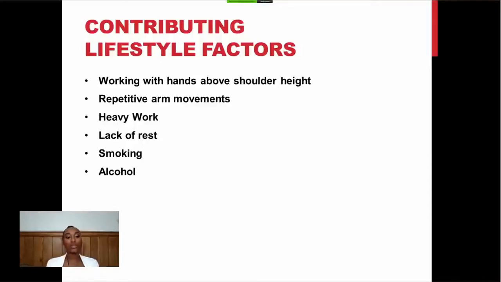Load that's being put upon it, a lack of rest. So again, just overload of that tendon, it's not having enough time to rest and recover. And then as well, smoking and alcohol, we know is really bad for your tendon health. Smoking, because it restricts the amount of oxygen that's able to come through to the tendon and the rest of your body. So if there is an injury or the tendon's starting to get a bit worn, there's not going to be enough oxygen that can get to it, and that's what the tendons need to heal. And again, alcohol is linked to delayed healing or prolonged inflammation.